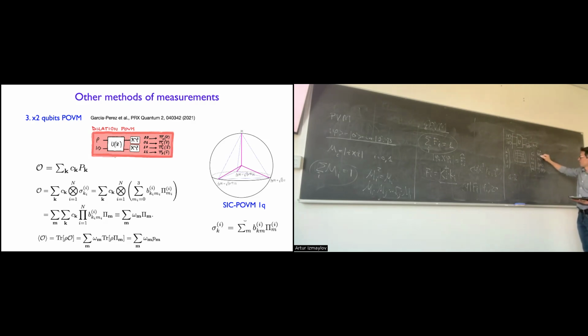So if ancilla is 0, so those are the two states that our target system will be in. And this means it's C1, 0 plus C3, 1. This is the resulting state. With some renormalization, of course, because